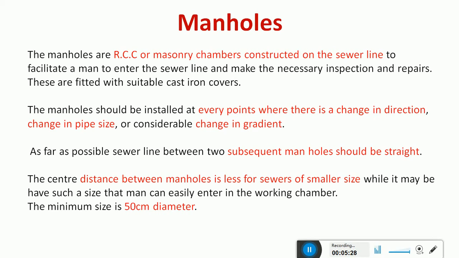Like you may be having a change in the direction, so you have to change your sewer pipe in an X or Y direction. And there could be a change in the diameter of the sewer. That is, when you move from the lateral to the outfall sewer, the diameter keeps on increasing. The diameter of the lateral sewer is small, the branch sewer is relatively bigger, then the main sewer has a relatively bigger diameter, and then the outfall sewer will have a relatively bigger diameter.